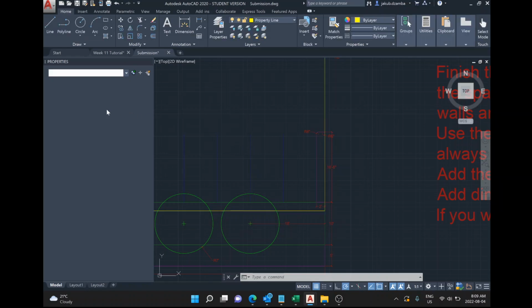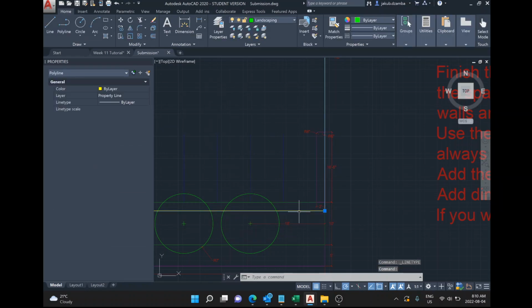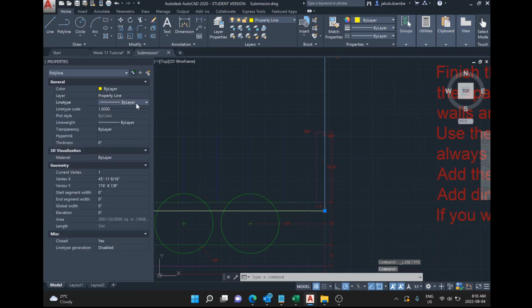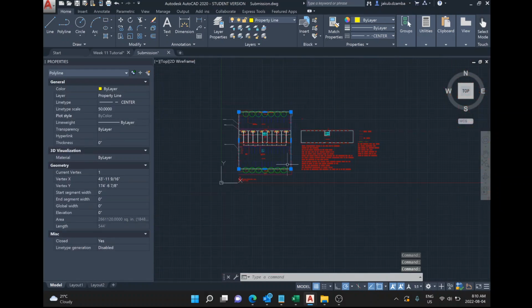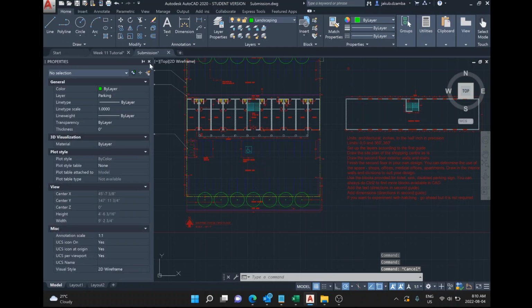Center, okay. So back to this. Line type, center, and let's say 20. What will that give us? No, I think a bit more. Let's say 50. That looks pretty good to me. Okay,